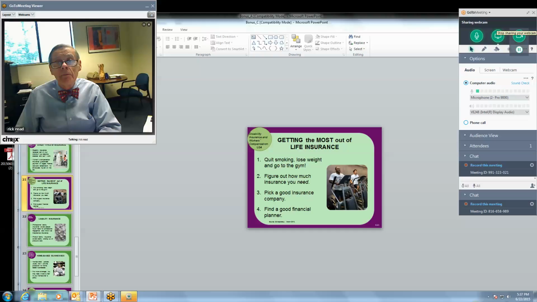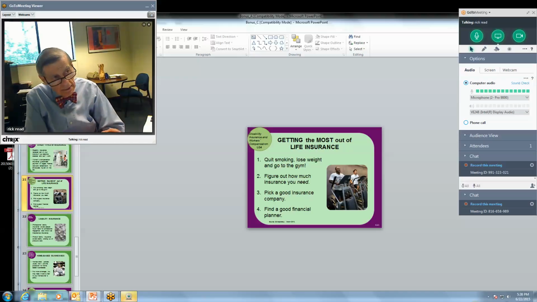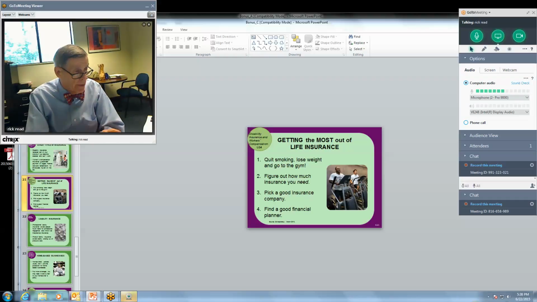This is some health tips. If you're going to get life insurance, the company is betting you'll live, and you're betting you'll die. The reason is, if you're paying your entire life, you're saying, hey, the sooner I die, the more my family can get. And the insurance company says, no, we want you to live. Regardless of that dichotomy, you want to stay healthy.